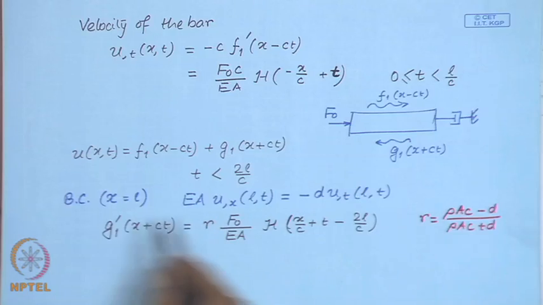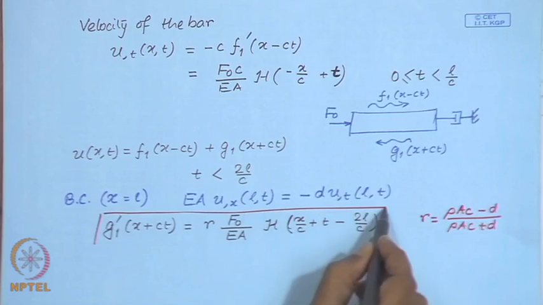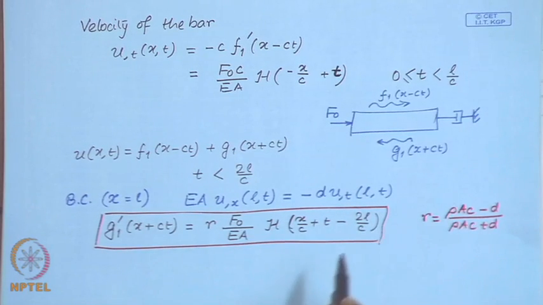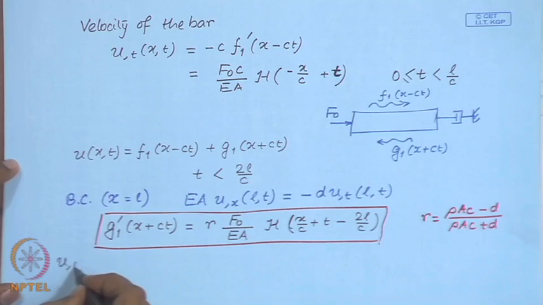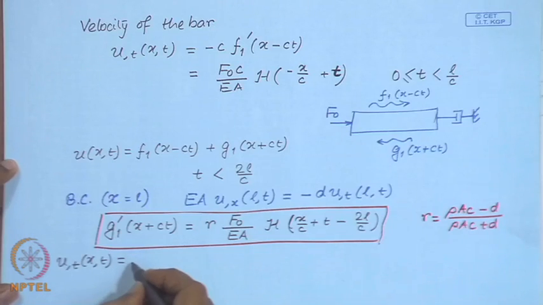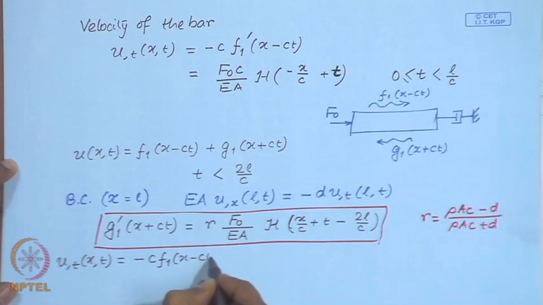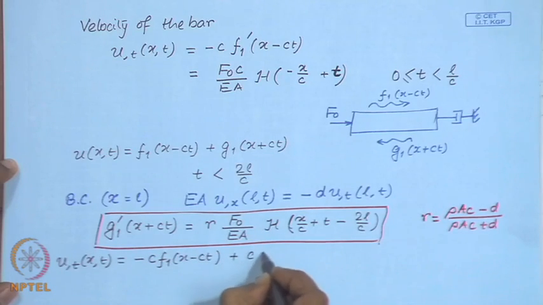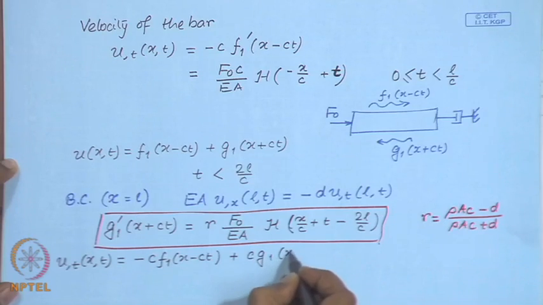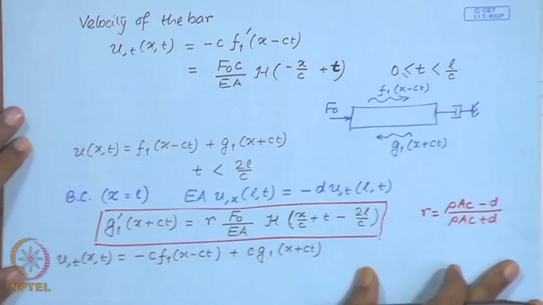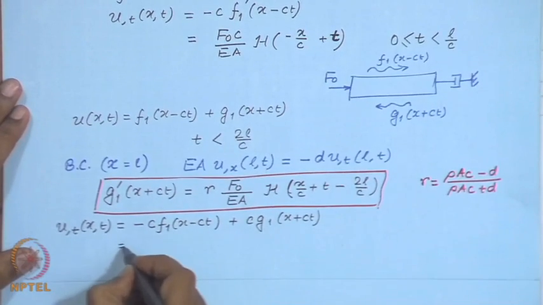So, this you can obtain easily. Then once again you can write down the velocity of the bar. So, velocity of the bar is given by minus C f 1 and that turns out to be